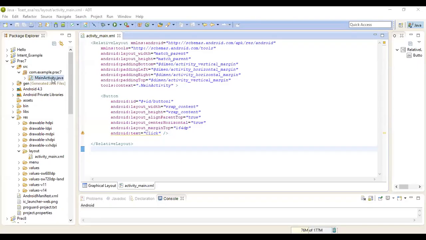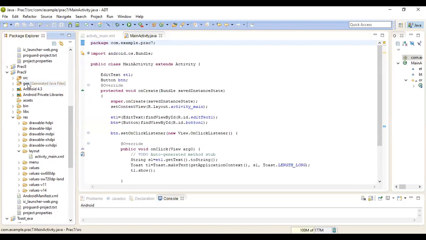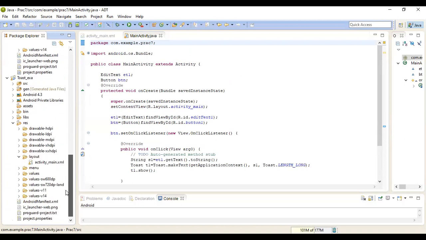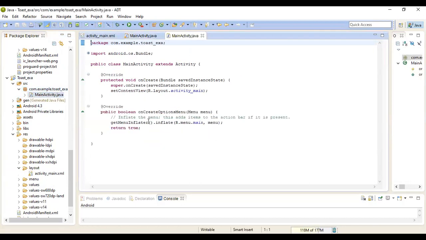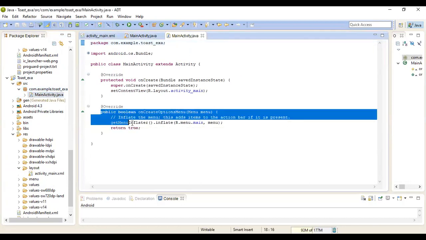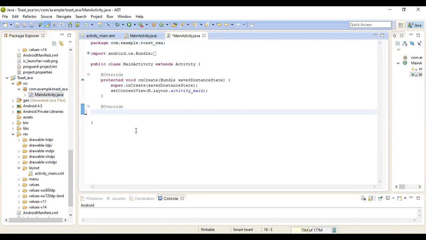Now open your Java file. Our application is ToastExample; in the src folder, the Java file is available. So this is our Java file. Here, there is no need for the menu, so delete it.